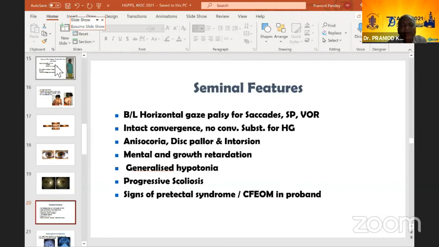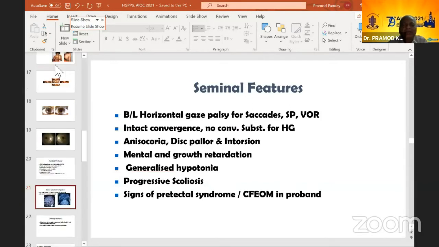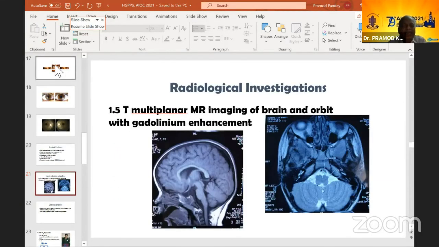He was not very cooperative, and these patients were lost to follow up after some time because they thought we were not benefiting them. We did get an MRI done on them, and this is the MRI. You can see that there is a gross pontine hypoplasia, if I can show with the cursor. You see how hypoplastic the pons is, and tenting of the fourth ventricle. See how big this has become.